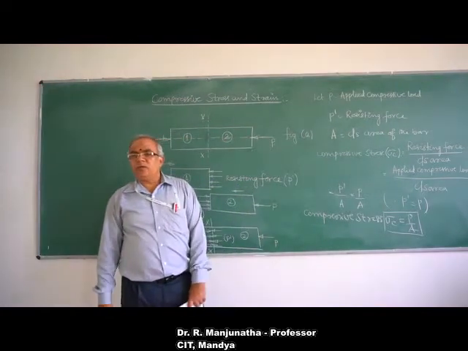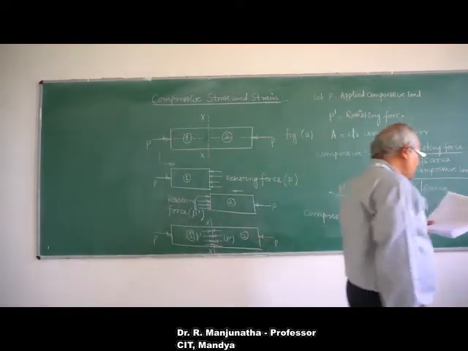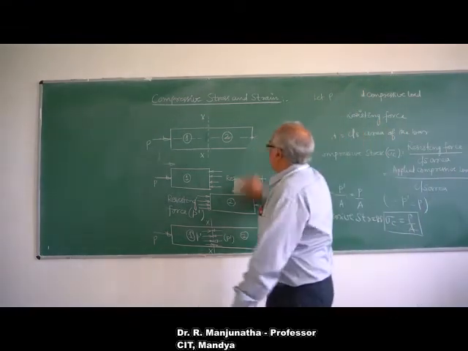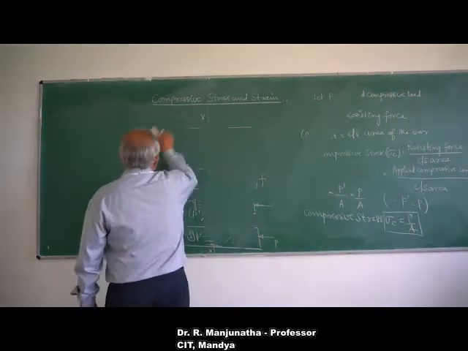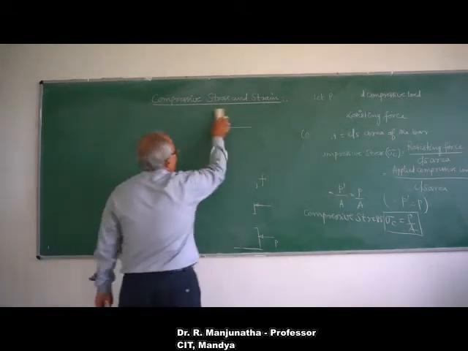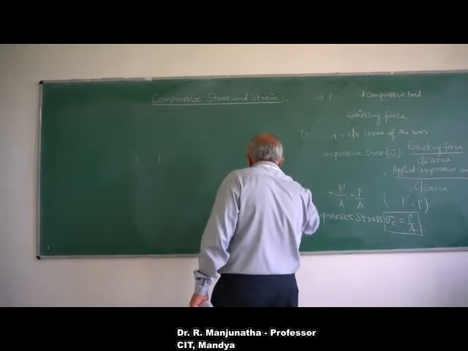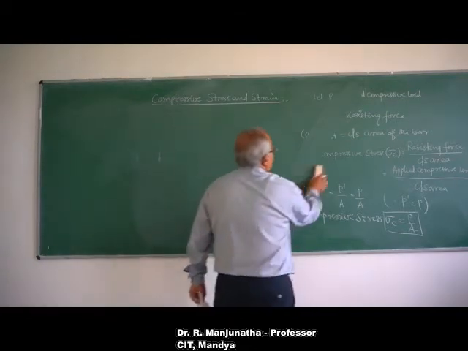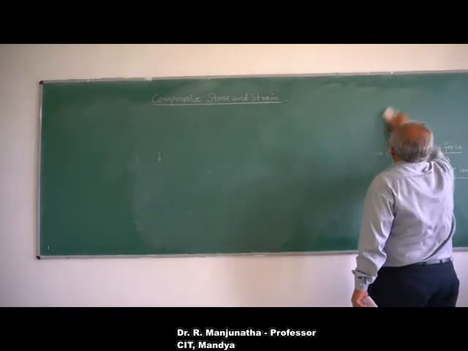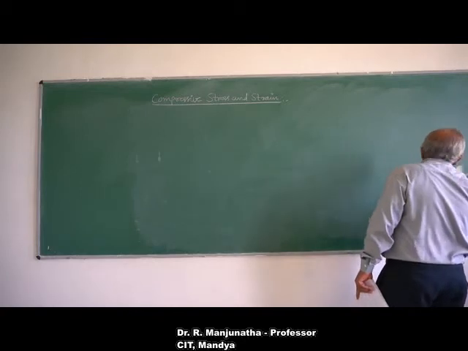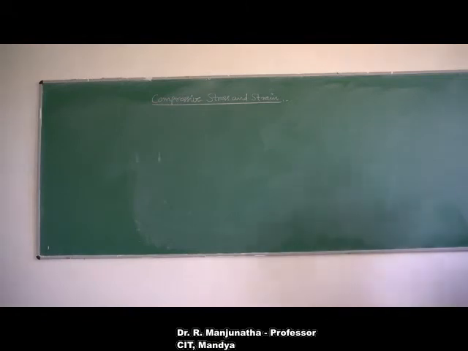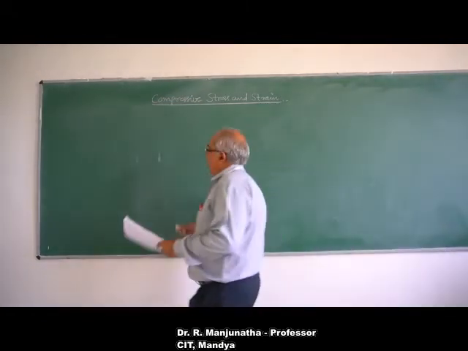Now we are going to take up one more topic, which is the compressive strain, because we have stresses and strain. So we are going to consider the compressive strain now. It is very similar to the case of the tensile strain, wherein we have the extension, but here it will be under compression. So the compressive strain, epsilon C, will again be equal to delta L by L. We will see how this comes about.